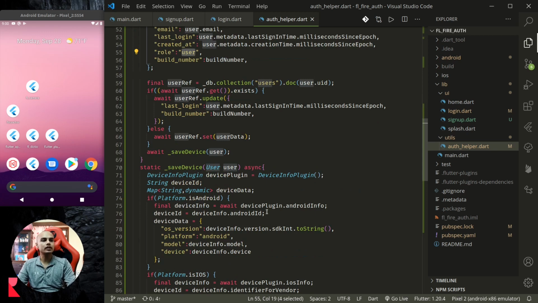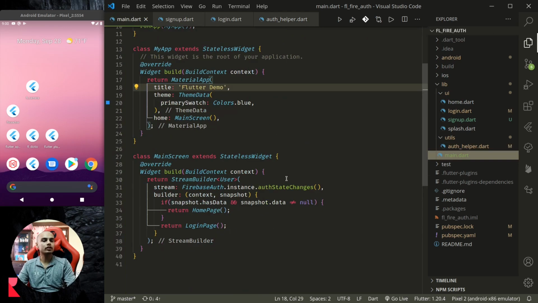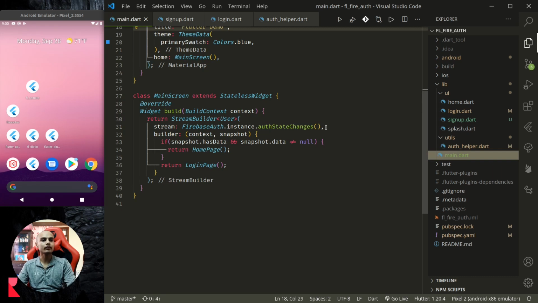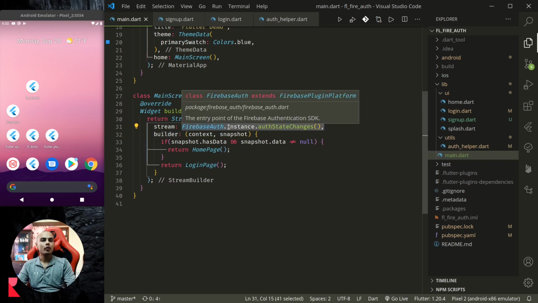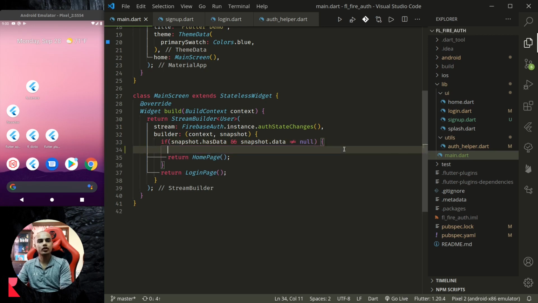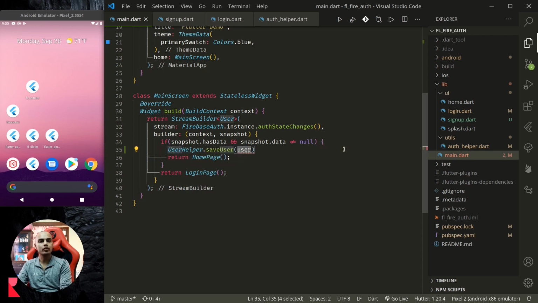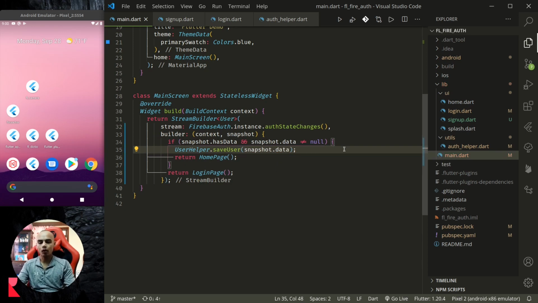And where do we call this? It is called every time the login auth state changes. And we are using the auth state changes right here. Alright, so in this, whenever we get the user record from Firebase Auth, we would like to call the save user so that we can save the latest data to the user record in the Firestore database. So let us call that function here. So here we'll call userHelper.saveUser. Here we'll pass snapshot.data, that is our user. Once we do this, now if I run,